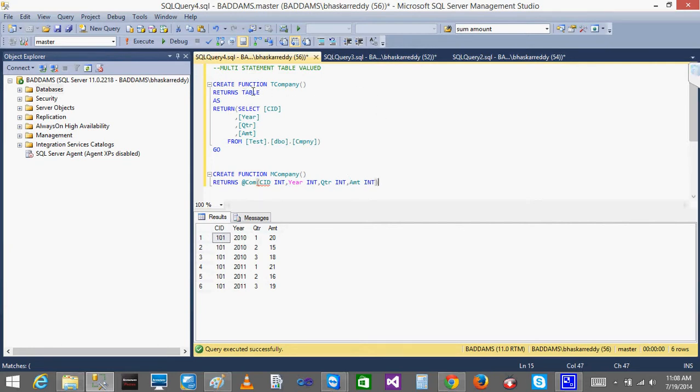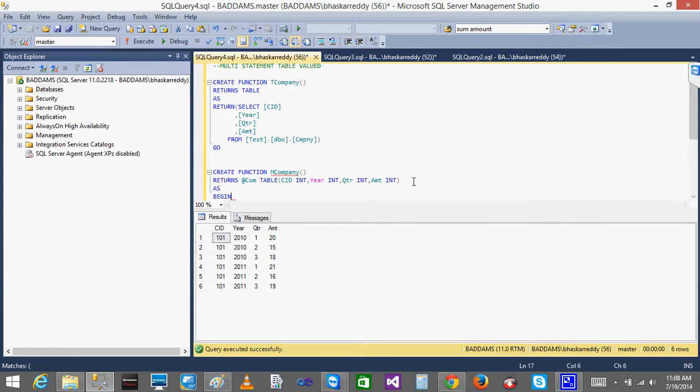Here, instead of just writing table, we are giving a variable and the structure of the table. Now it is done. After that, in the previous query we didn't use any begin, but now you need to use the begin.